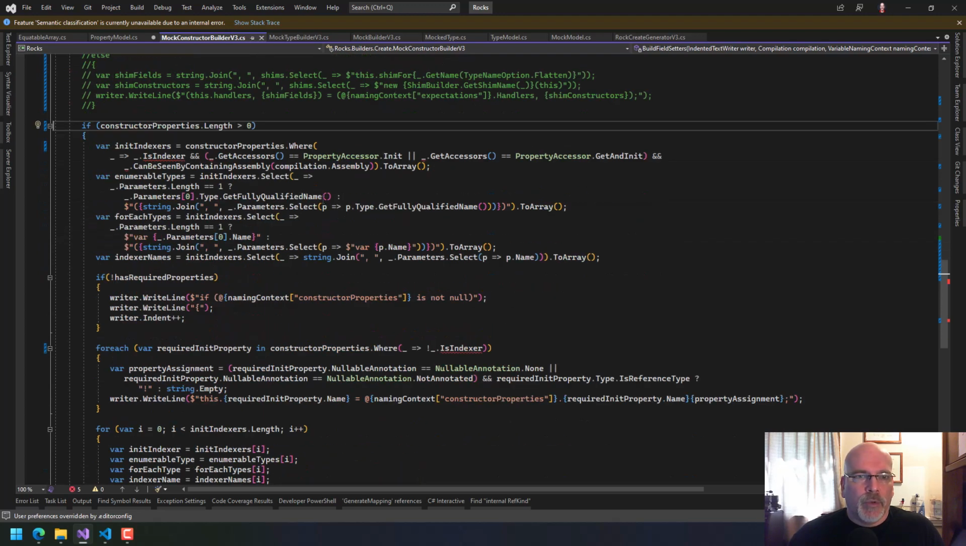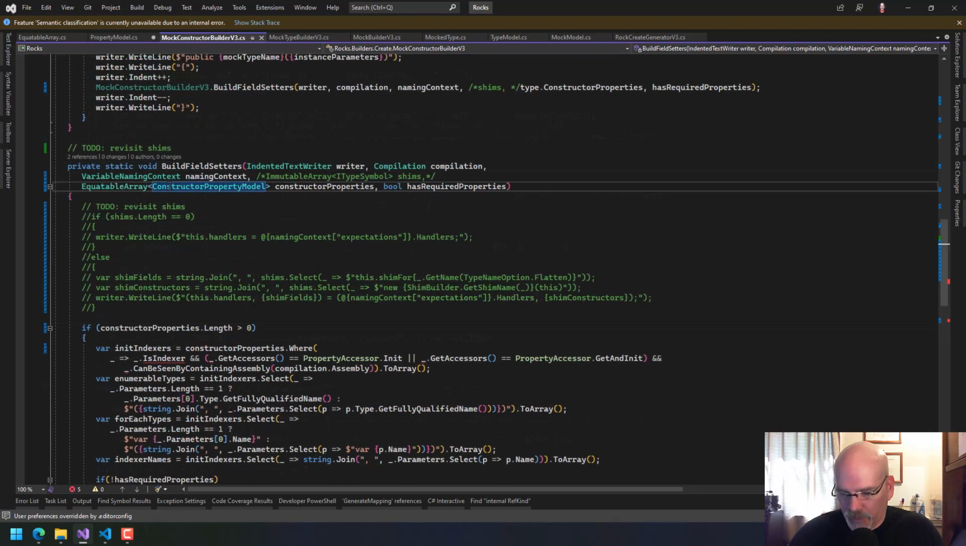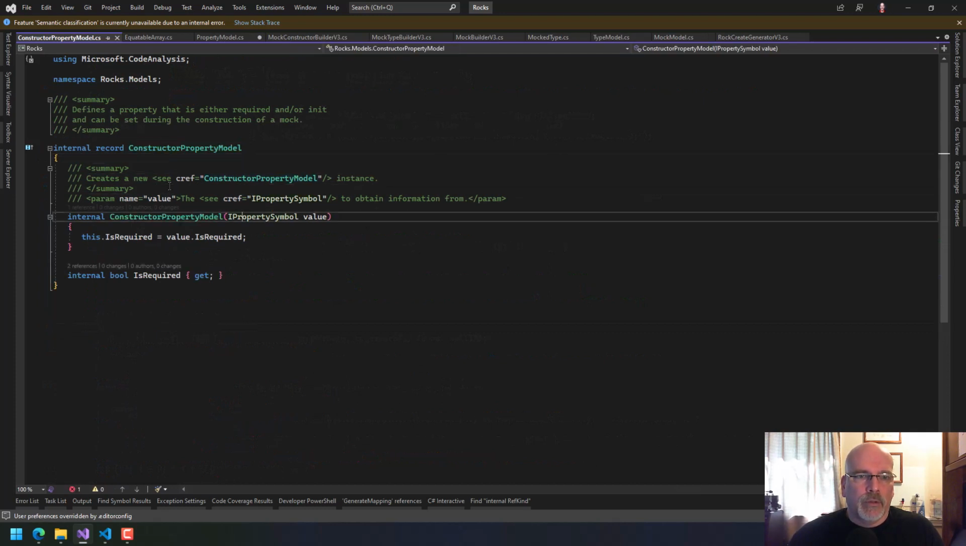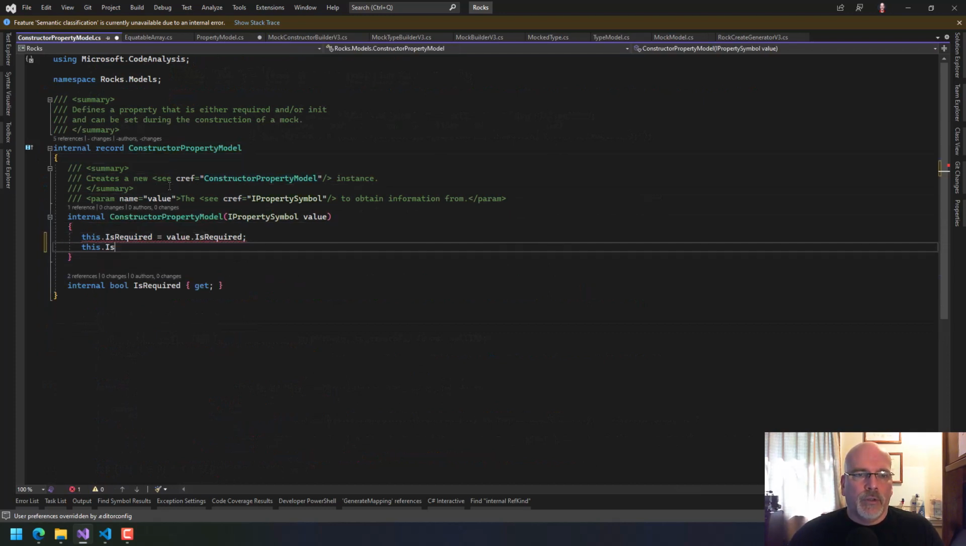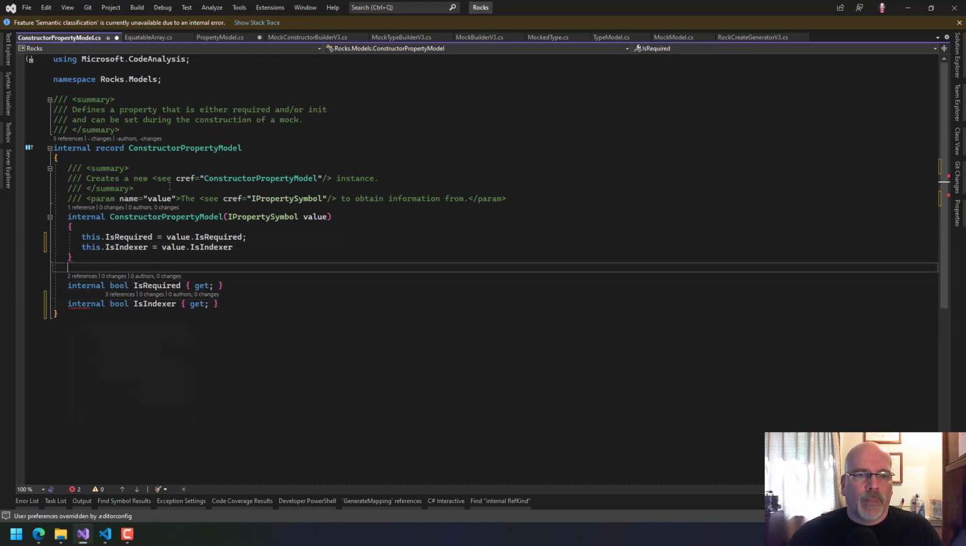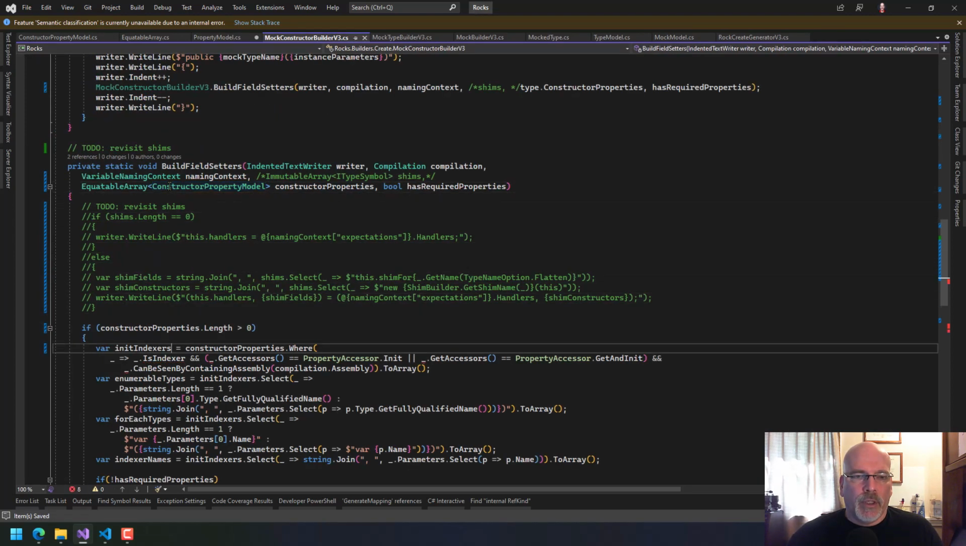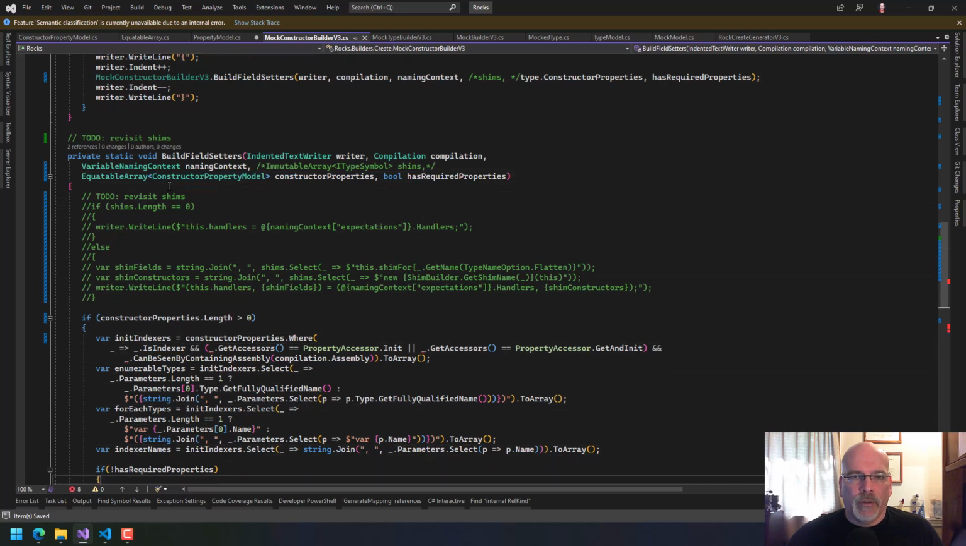Okay, so now we've got a couple things we need to add. Is it an indexer? Is it an indexer? This dot is indexer is equal to value dot is indexer. And you don't have that, but now you do because I told you to. Except you want to have that there. So now that fades away,